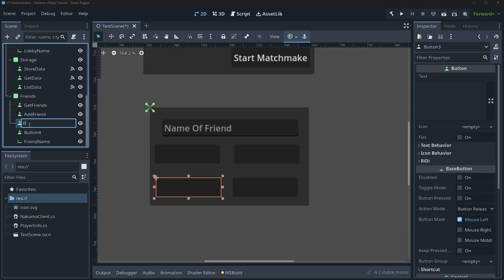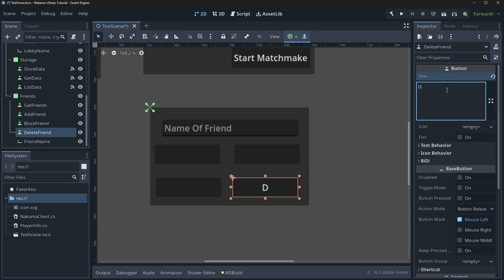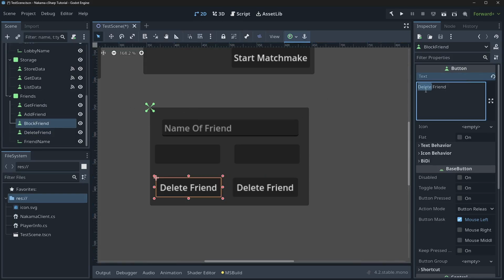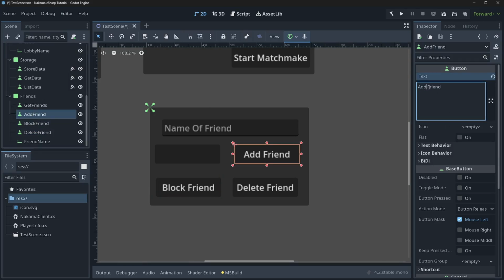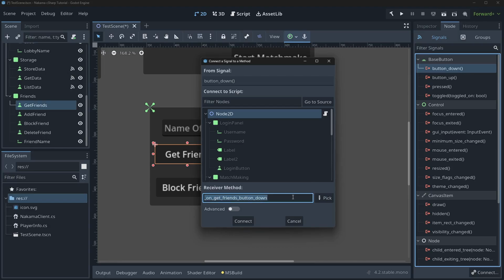This one will be block friend, because sometimes you want to block people, and delete friend, because sometimes you just aren't friends with people anymore. So we'll put delete friend, block friend, add friend, and get friend. There we go. And once all that's hooked up, we could just come in here, go like this, Control A,